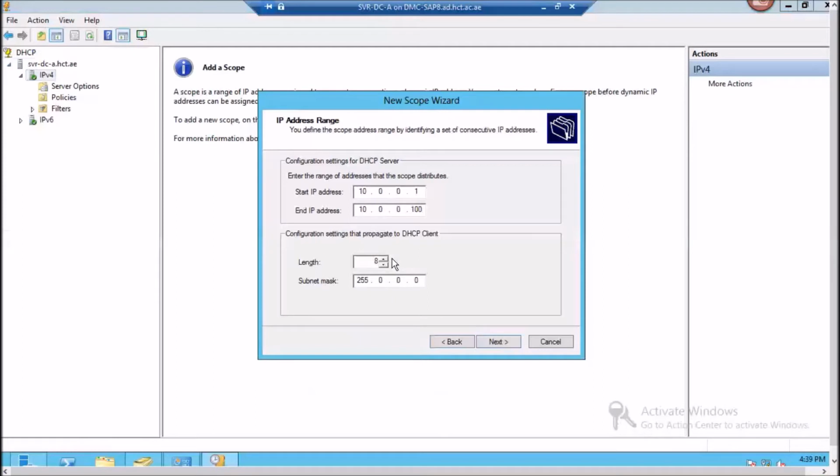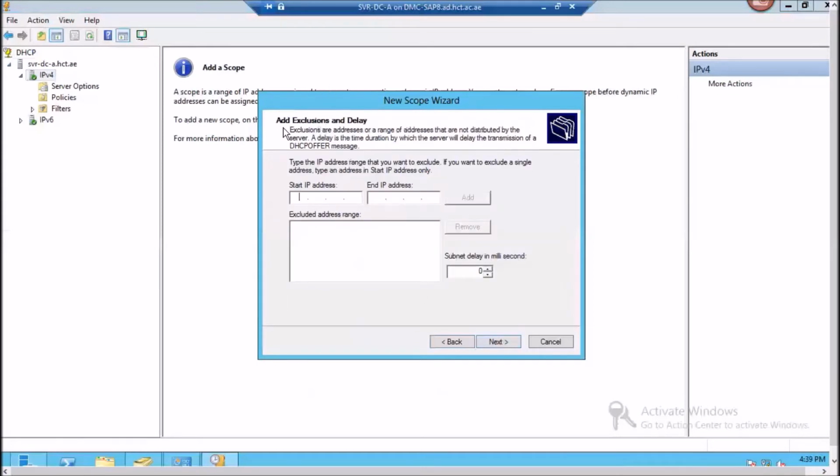From where did it take a single octet? From the class. What class is this? This is class A. Class A is 255.0.0.0. Is class B 255.255? Yeah. So you have to manually set this. Most of the students make mistakes in this area. So what I can do, mine is 3 octets, so it is 24. I type 24 here, or you can just manually type in here. Is that correct now? The range and the subnet mask is correct? That's it. Next, what does it say here?